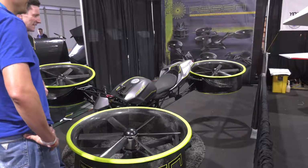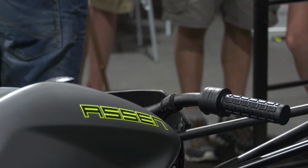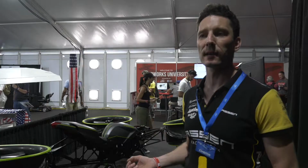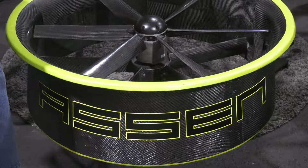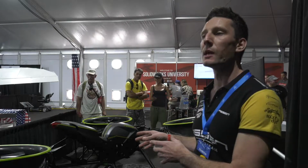This is our first product. We call it the flying bike because it's like a motorbike, but instead of a motor, it flies. The first time I tell anyone that I'm working on a flying bike, everyone looks at me like I have two heads. The first thing that you feel and see once you power it up is, and you're not ready